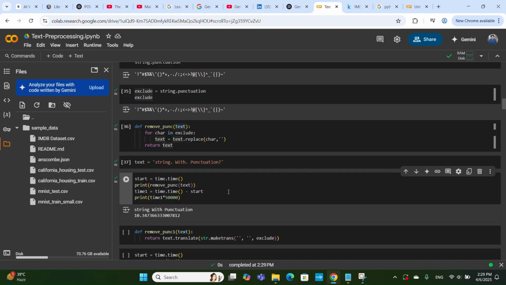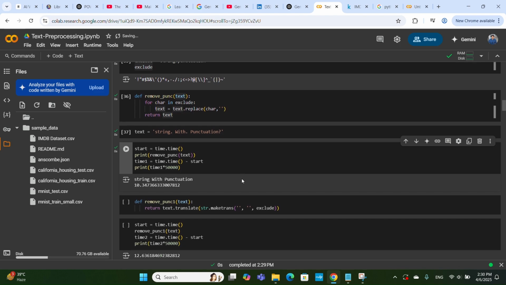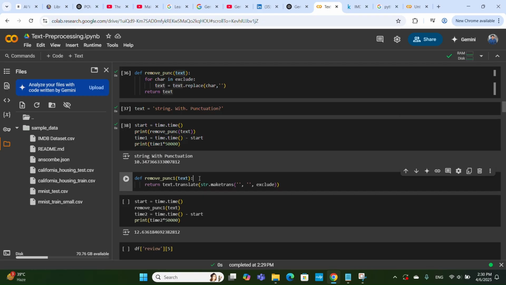So it will remove all those punctuation marks. It is also showing us the time, which is the time it took to remove the punctuation marks. Because we are using a for loop here, we have another method of doing the same thing. So if we look at the next line of code, this is another method, and if we run this code here,